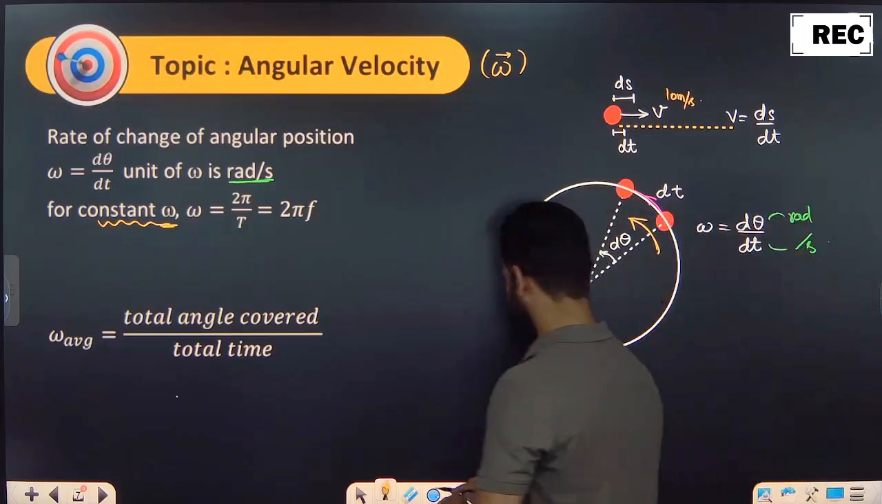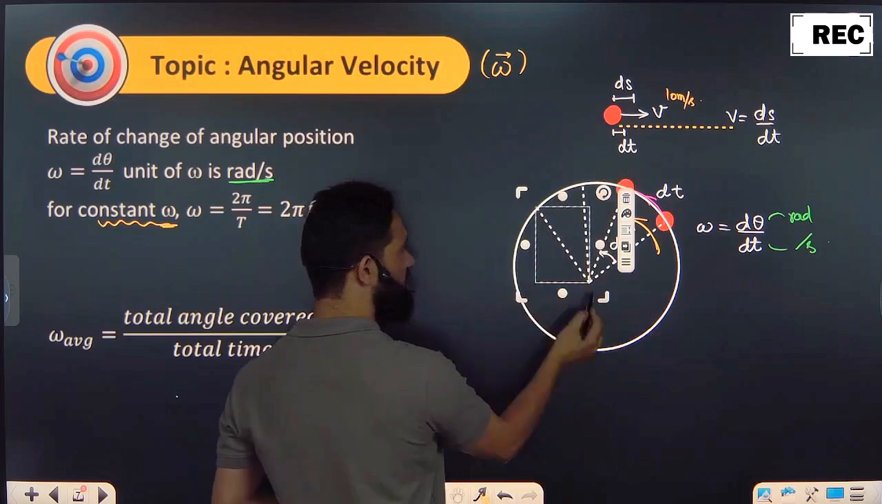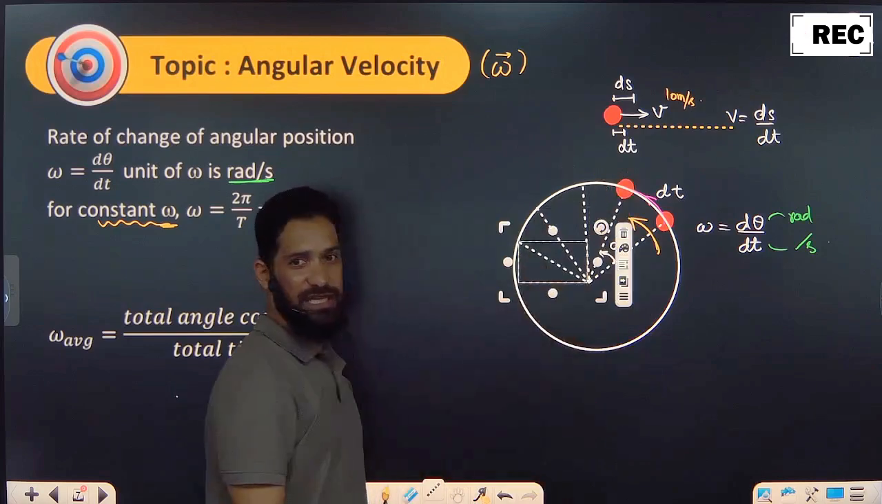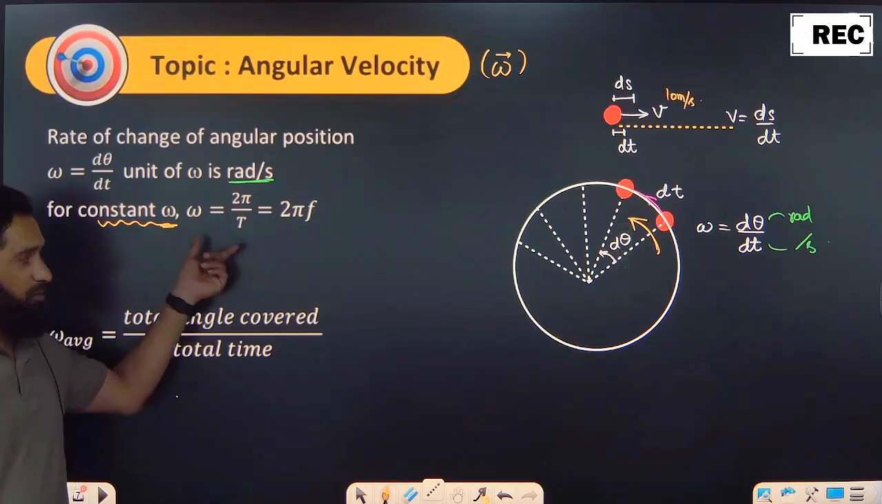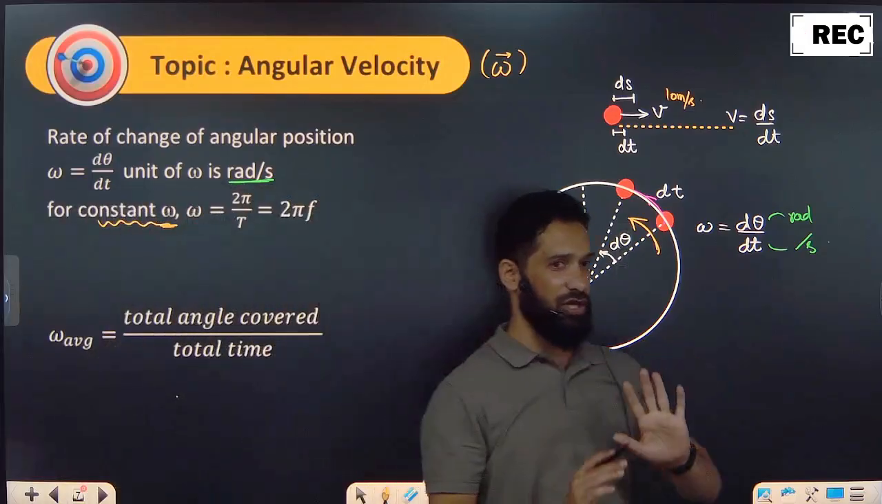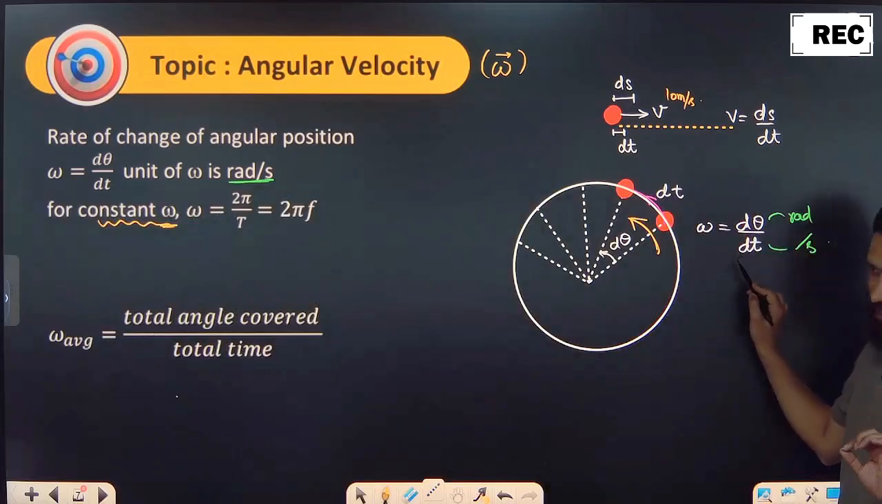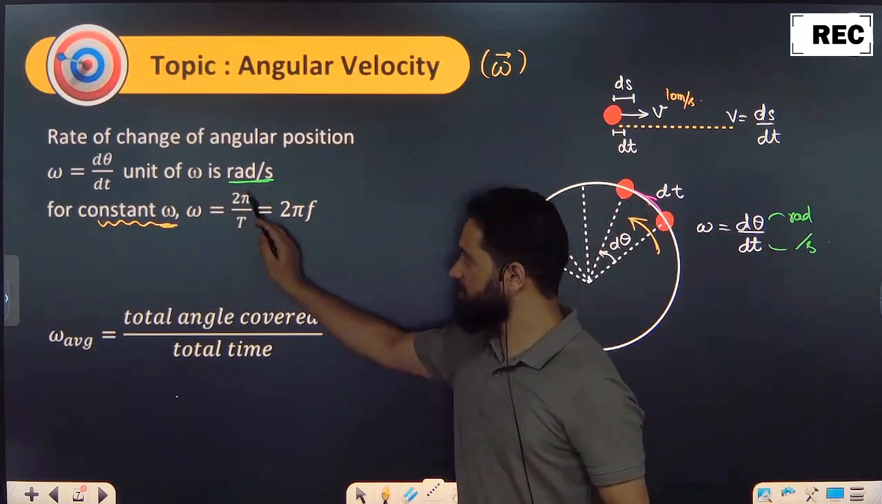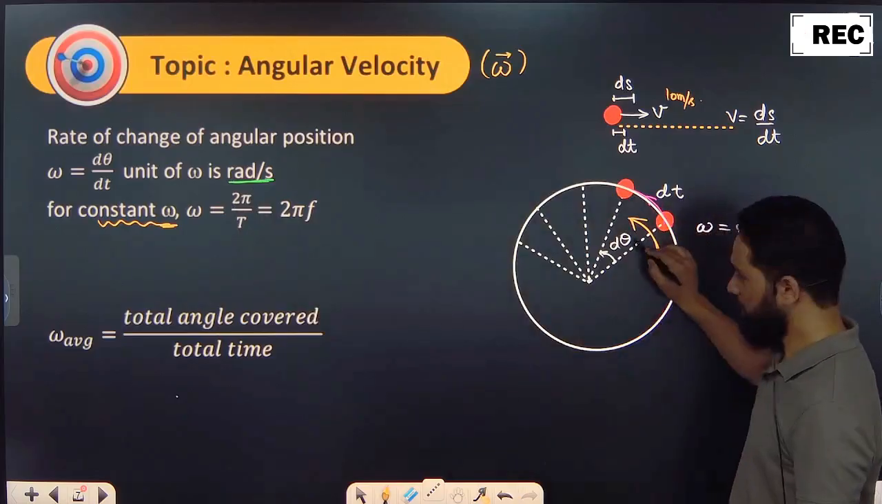In the next 1 second, how much is the angle subtended? Equal. In the next 1 second, how much? Equal. Next 1 second, it is equal. So that way it is called constant omega. And when the things are constant, we can just write it is the total displacement upon total time. Total displacement is 2 pi, and total time to cover one complete circle, to cover 2